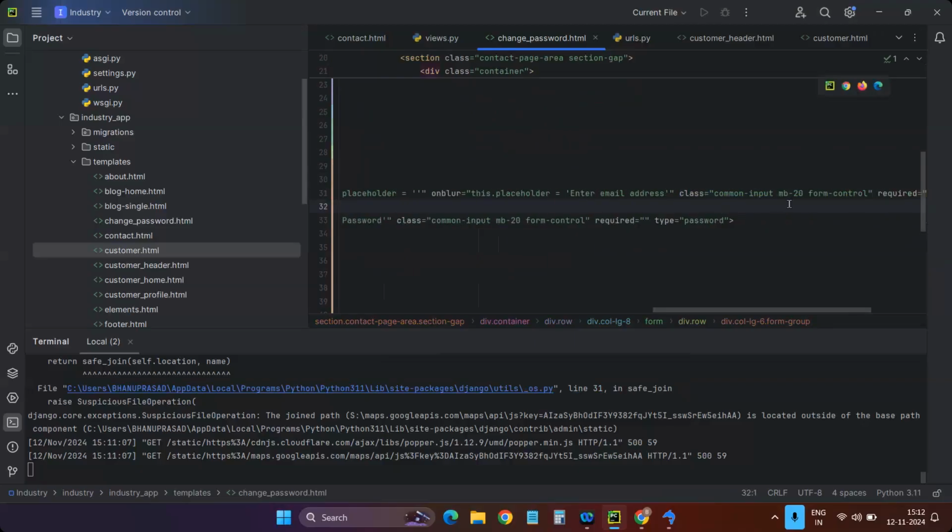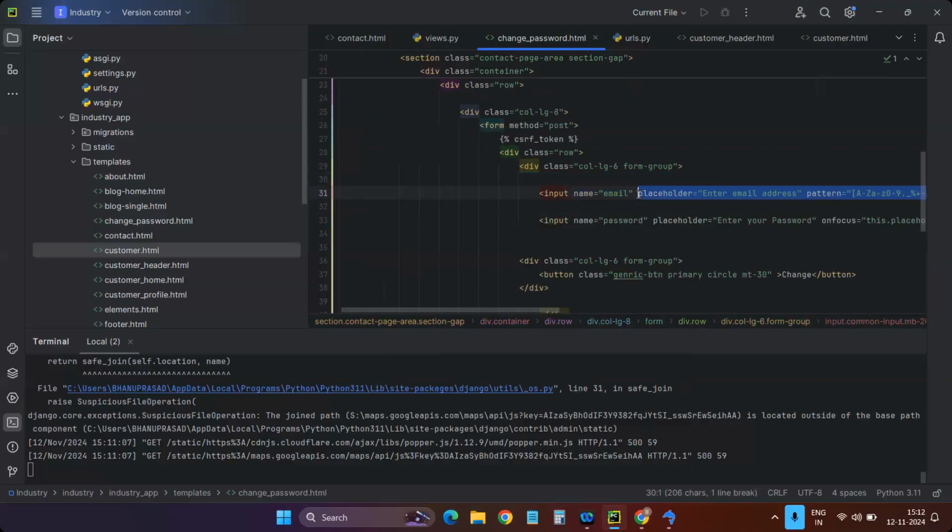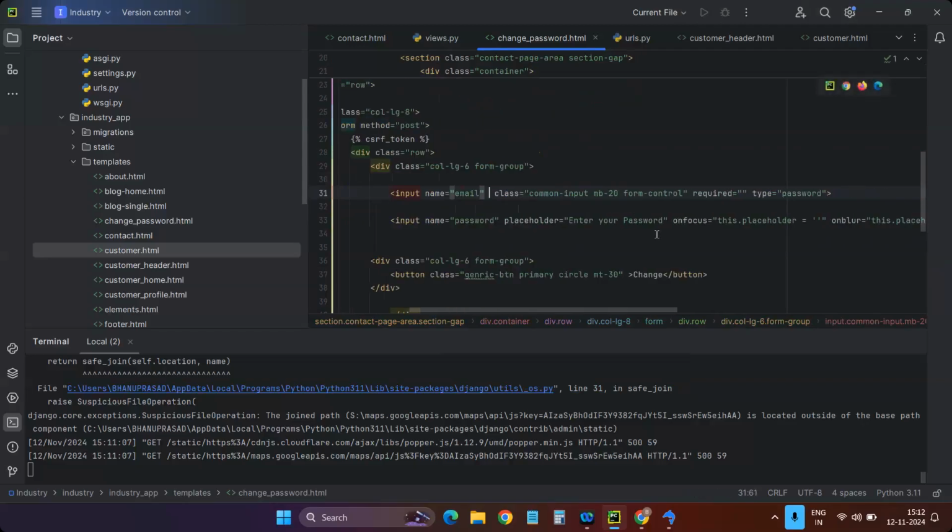Class, I should mention class here, okay? To not miss the alignment, you have to give the class name. I have not mentioned any name here, that's why I'm giving an empty name. Afterwards, after writing the logic, I will show you how to write the name. I'll take placeholder as